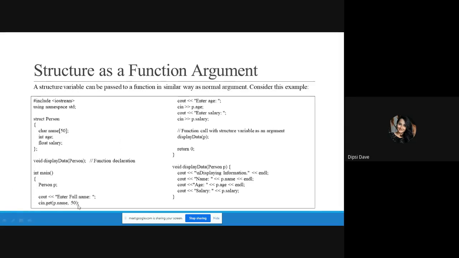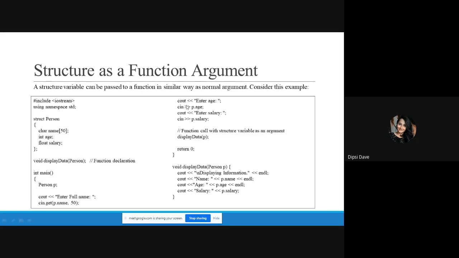So cin.get has two parameters. First is the variable in which you want to store the value, meaning the string, and a comma, then how many continuous characters you want to scan from the user. So that is the maximum number of characters. Whenever the user is trying to provide input up to 50 characters, the compiler will continuously scan from the user. So even if you provide 10 blank spaces, that also will be considered. So this is the cin.get function.